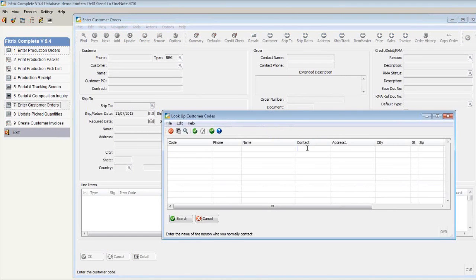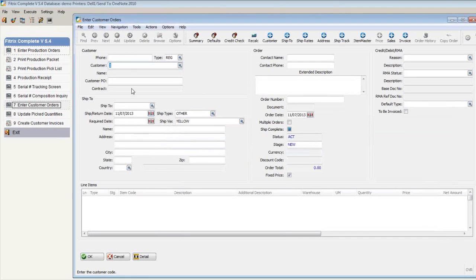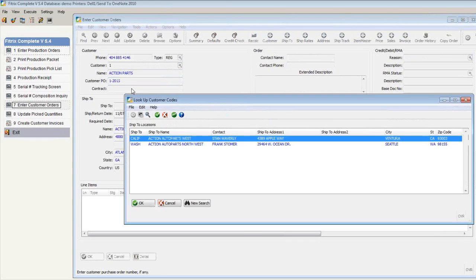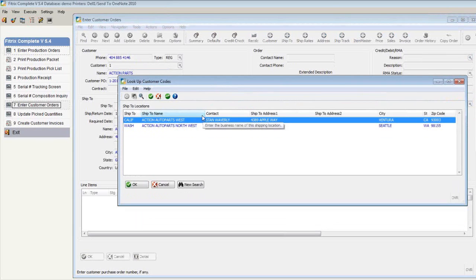All of our control information has the ability to do searches and lookups, so I'm going to go ahead and jump to a lookup screen for my customer because I don't necessarily know what the customer code is. I'm actually talking to an individual on the phone right now. He's told me that he's Bill, and I'm going to do a search on that contact and see that I have a Bill Walker and a Bill Spring. He confirms that he's Bill Walker. I know that I'm working with Action Auto Parts, so I'm going to select the Action Auto Parts customer code. I'm going to enter a purchase order number,